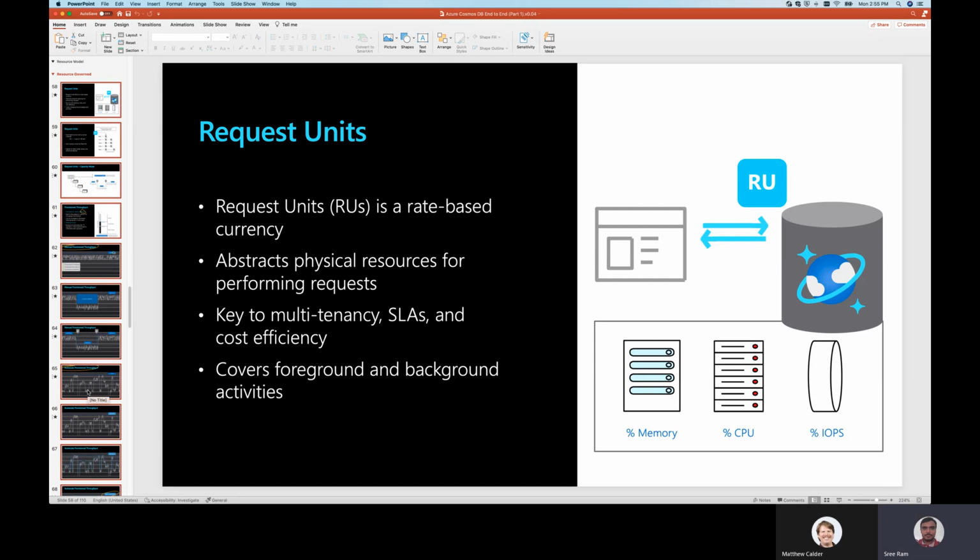Then a request unit abstracts physical resources. That means a request unit is a function of a certain amount of memory, CPU, and IOPS, which you don't need to worry about. And therefore, we define an abstract physical resource as a meaningful user resource, saying that, let's say, in order for you to read 1 kilobyte worth of data, you need 1 RU, however much memory or CPU or IOPS it is. So RUs are key to